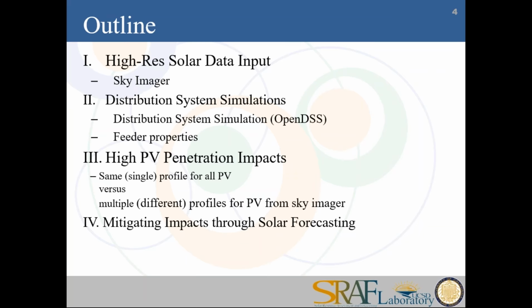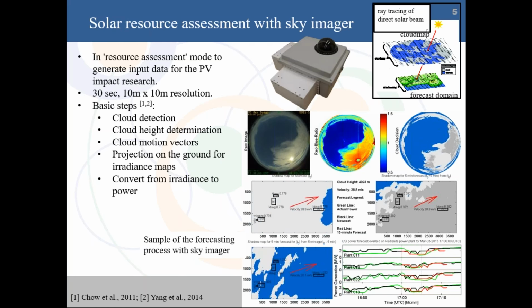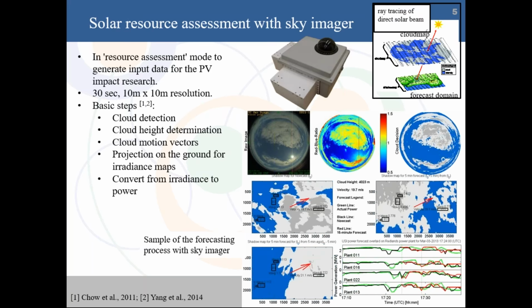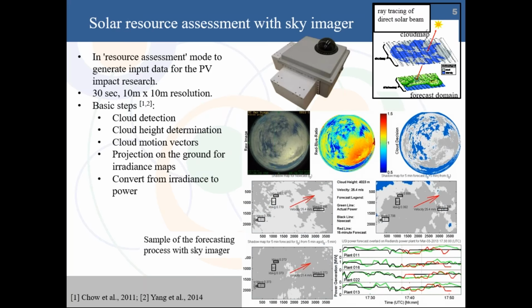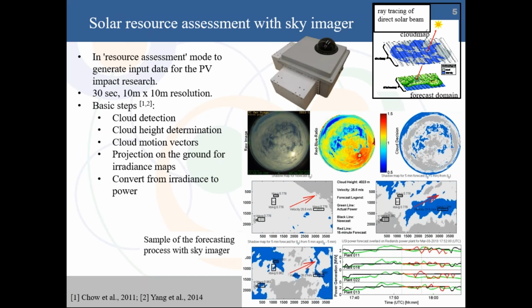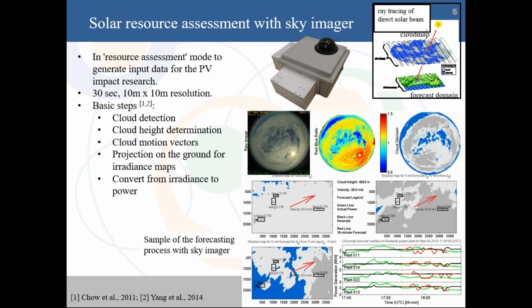So this is background on our sky imager system, something we built in-house that we have also deployed for others. If you're interested in obtaining one, we sell these at cost to others who are doing resource assessment or forecasting. And it's a high-quality camera system that takes an image of the sky with a fisheye lens. Then you use the red-blue ratio, which is a spectral method, to obtain the map to the right, which is the cloud decision map. This shows what is cloudy and what is clear.